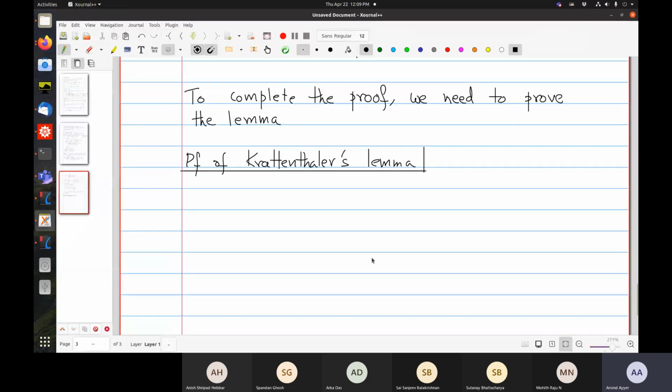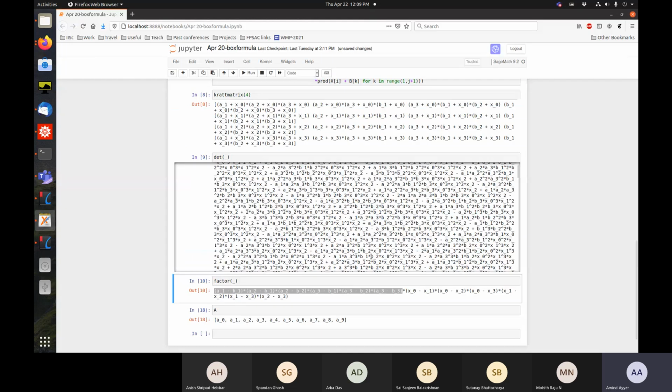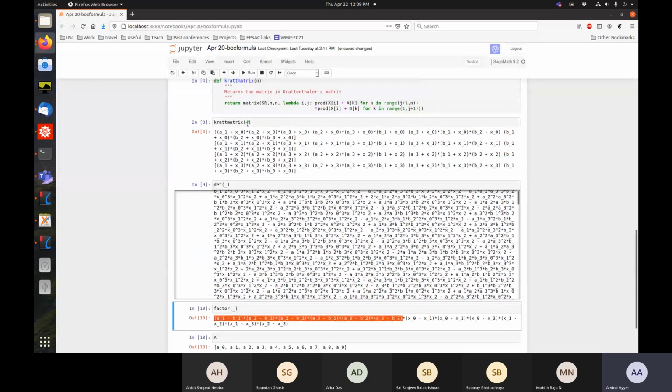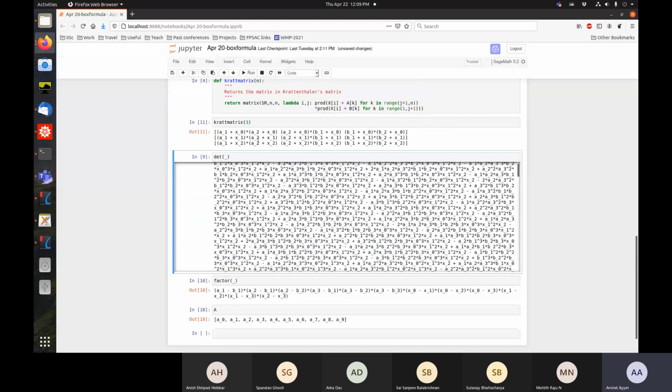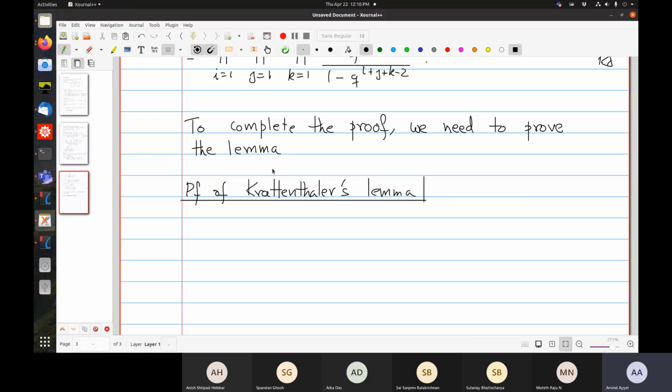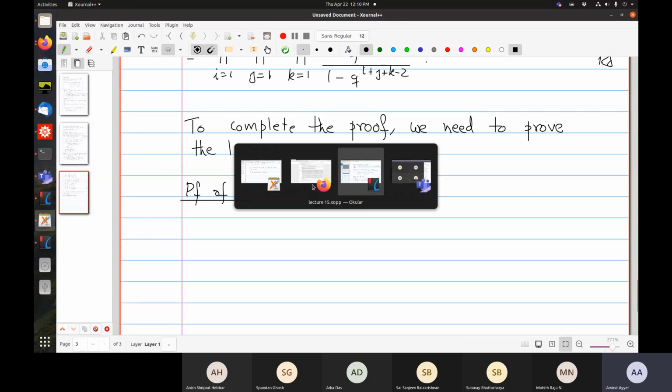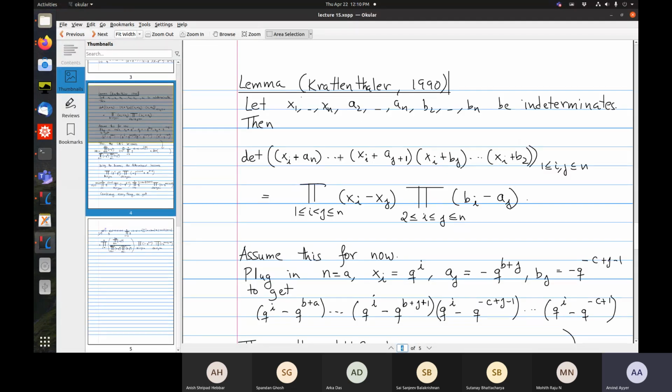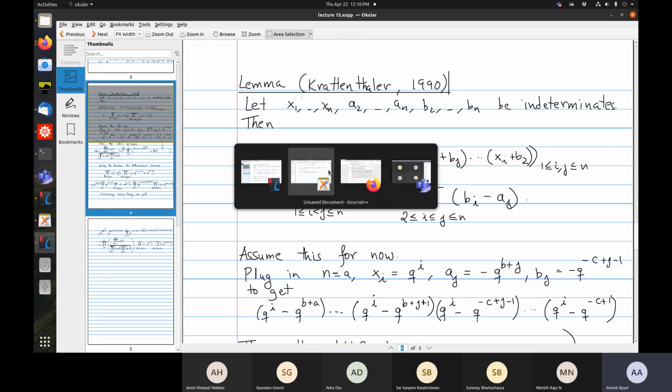So let's prove it. The other reason I wanted to show you is you can see that the ith row differs from the jth row only in the replacement of xi going to xj. There's no other change, and this you can already see from the entry. There's only xi over here, so the x's only depend on the row variable.